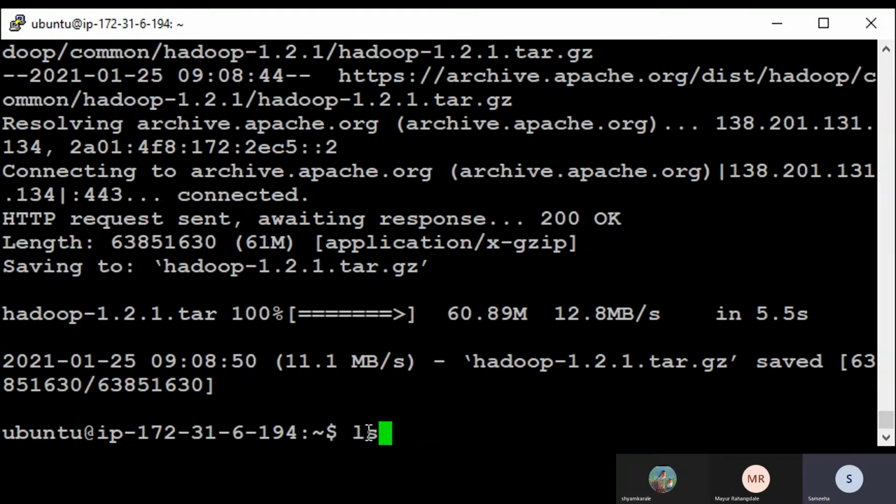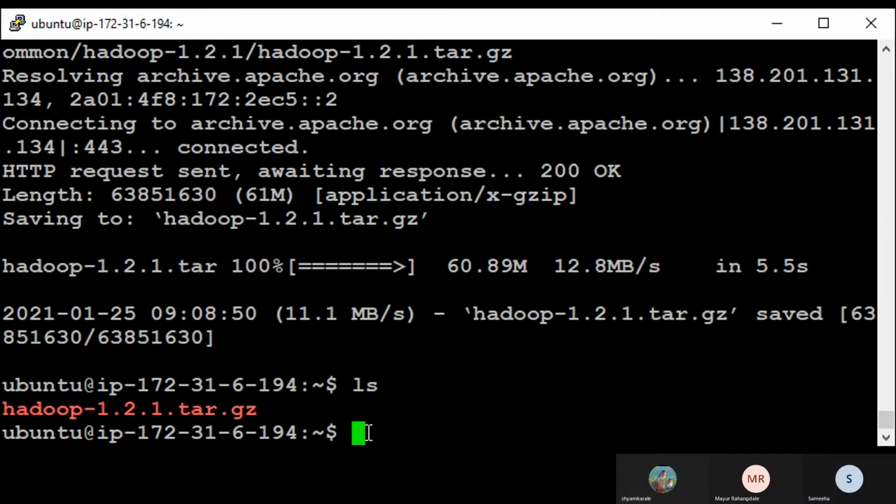So here we are using Hadoop 1, that's why we are clustering with Hadoop 1. Hadoop 2 is also available, and nowadays people are clustering with Hadoop 2. Now we have to tar. Enter.